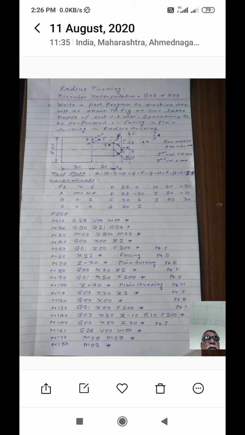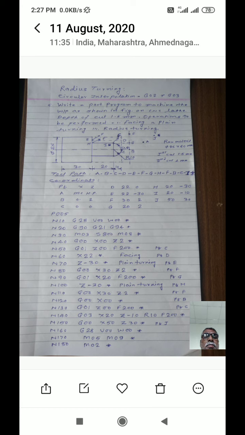First cut has depth 1.5 millimeter, means reduction in diameter is 3 millimeter. Therefore, in the first cut you can achieve the diameter 22. The next cut has depth of cut 1 millimeter, so there is a reduction of 2 millimeter. Means within two cuts you can achieve the required diameter, that is 20 millimeter. In this way you have to find out the tool path.